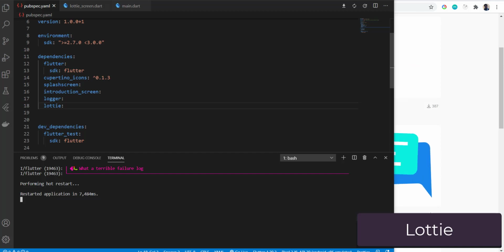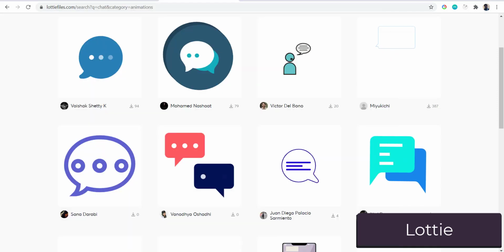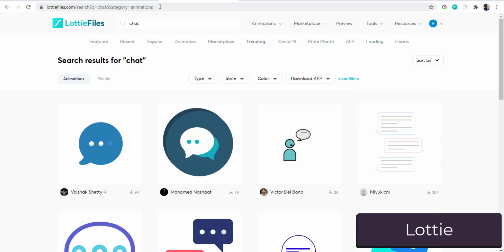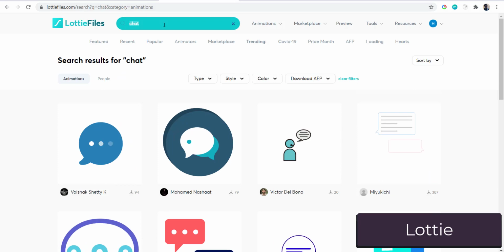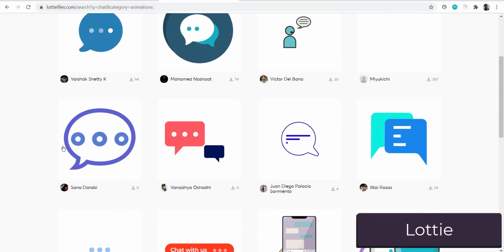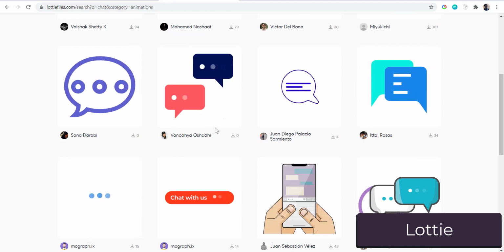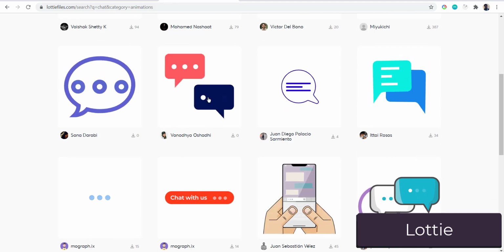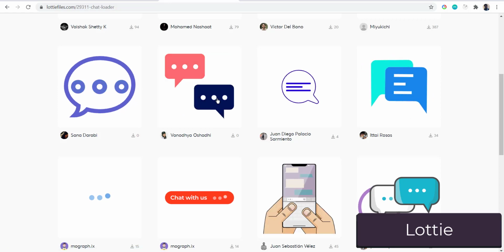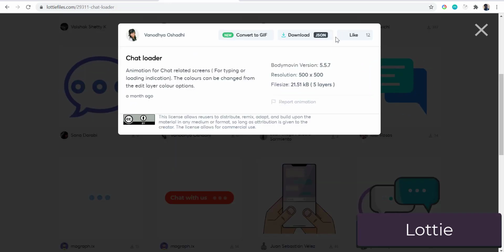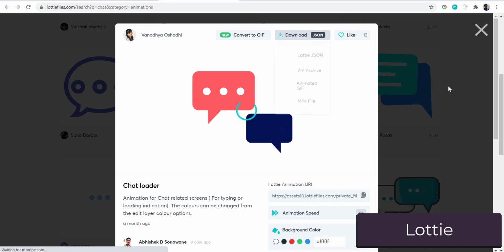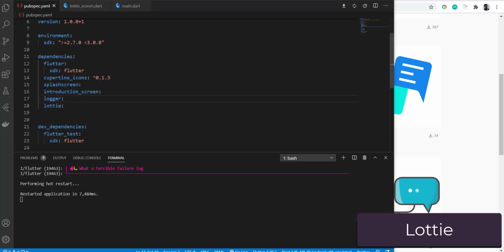Our next package is Lottie, which helps us to add pre-built animations in our app from the website known as lottiefiles.com. Here in lottiefiles.com, I have searched the chat term, which is giving me these pre-built animations by amazing creators, and I can just add it in my app basically by doing nothing but just downloading the JSON of this file. I have clicked on this image here and you just need to download the JSON. After you download the JSON, you can put it in your Flutter project, and now let's see how we can use this animation.